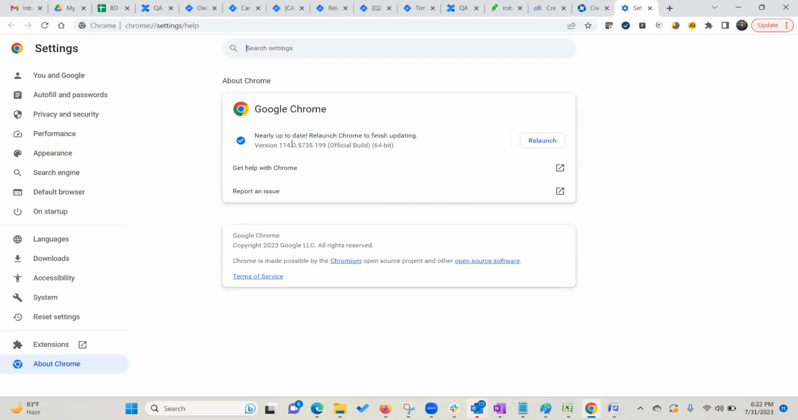So if you look at this, right, this is the version of Chrome we're working on right now, which is the latest version. Now, ideally, this is what you're targeting. You're targeting that your latest Chrome version, or any browser's latest version, is supported by your application. Now,